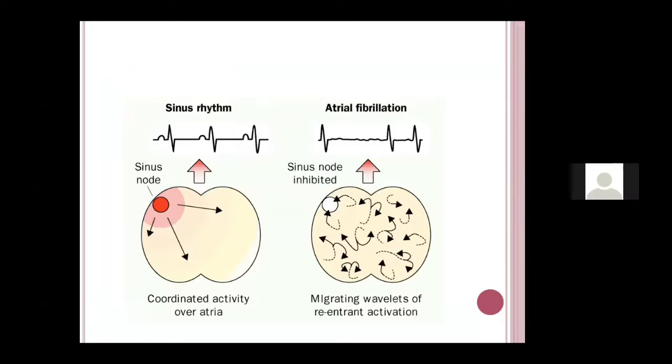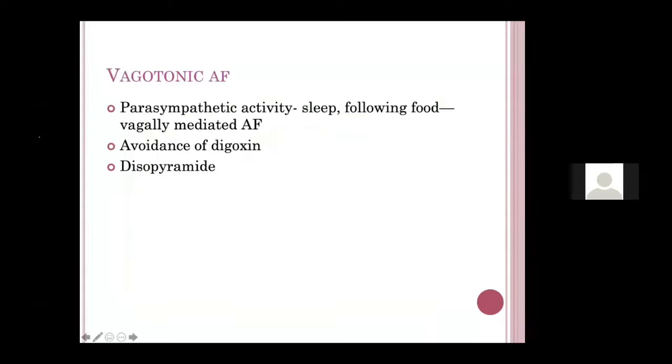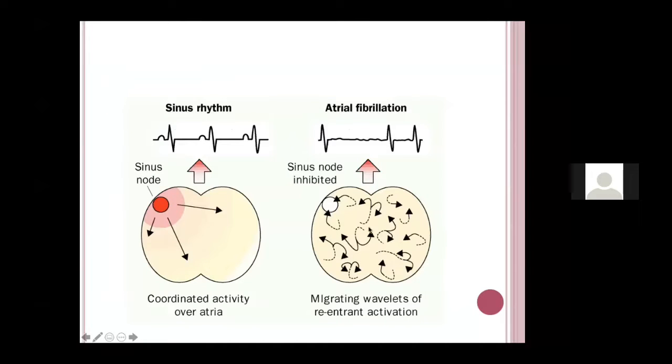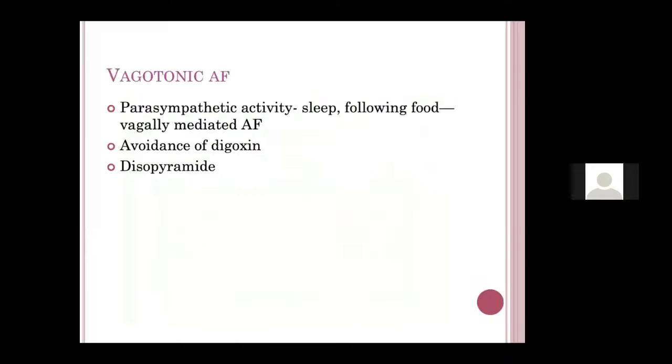As you can see in the figure, from the sinus node, this is a coordinated atrial activity. Whereas in the presence of atrial fibrillation, because of the heterogeneity of conduction velocities and different refractory periods, there is a re-entry circuit. So it is also known as the wavelet theory. There are different wavelets which are traveling. It's also known as the wavelet theory and the rotors. I don't want to go too much into the details of the pathogenesis, but the important thing is re-entry, micro re-entry.